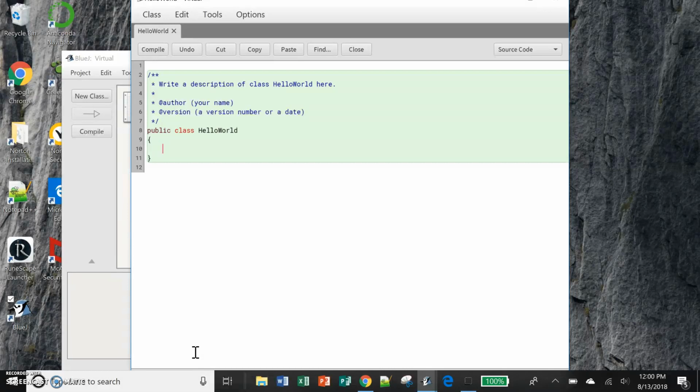We are now ready to create our HelloWorld program. In between the open and closing curly braces, you are going to type the following. So we're going to start out with our main method. public static void main(String[] args), with a capital S, and then underneath it we're going to open a curly brace,